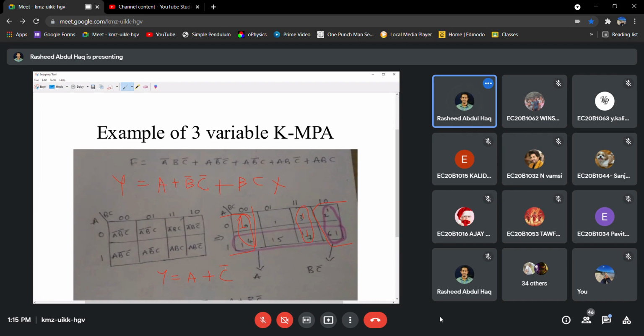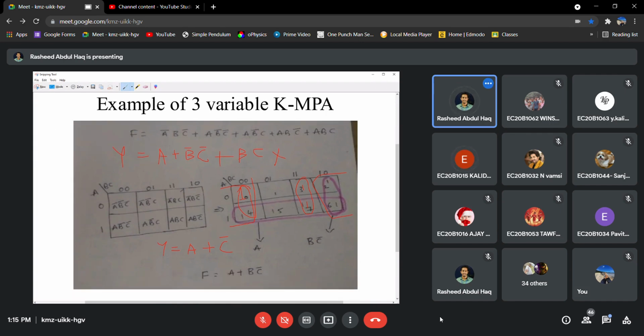Okay, sir. This is clarified, right? Yes, sir. Okay, we'll stop this class here. I have 3 examples you must solve. That is the slide I will send. You can solve those 3.